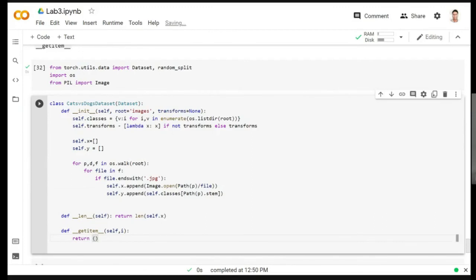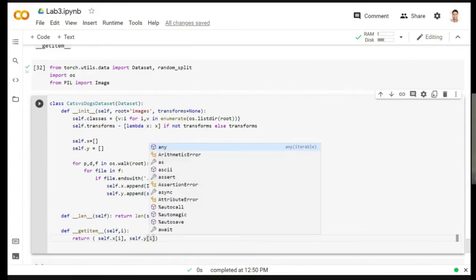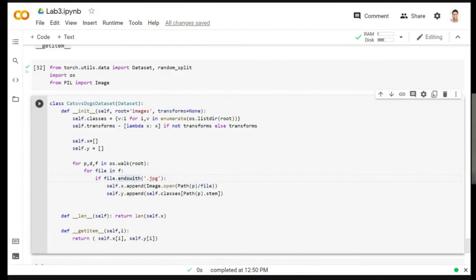All right. First thing that you need to do, ideally, all you need to do is return self.x[i] and self.y[i]. But the image itself is not of any use to me, I need a tensor, so I need to first apply the transform on my data itself. So I'm going to define another function which is going to apply the transformation, so self.apply